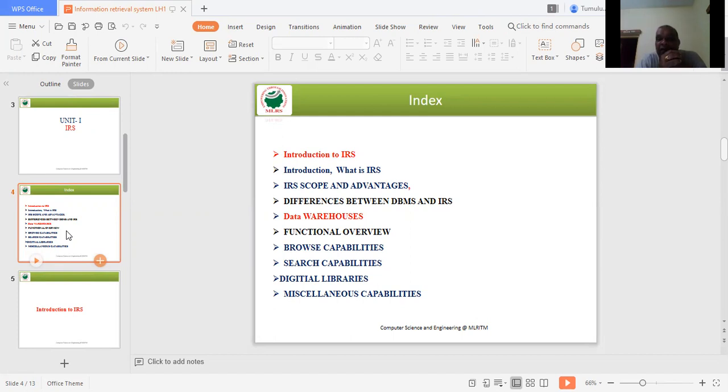I'll introduce all the students to the IRS. So what is IRS? IRS stands for Information Retrieval System. From where are we going to get the information? Information is a collection of summarized data. When the data is collected and summarized, the data is stored in the server. For example, we enter some information in Google.